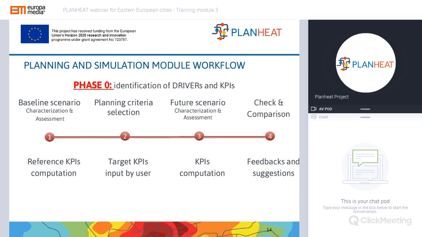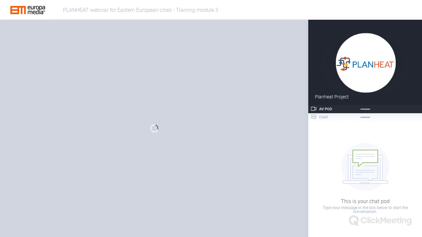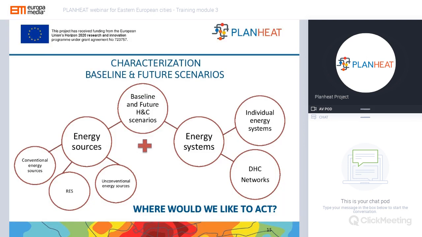So first of all, if we would like to characterize the baseline and future scenarios, we have to decide as a planner where we would like to act, whether we would like to characterize the energy systems or the energy sources between conventional energy sources, renewable energy sources, or any other unconventional energy sources.